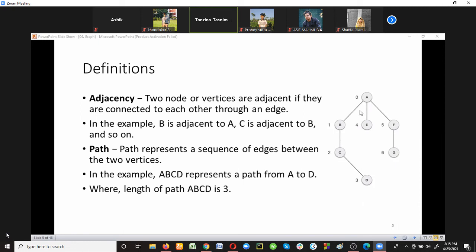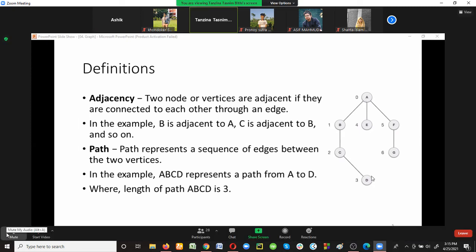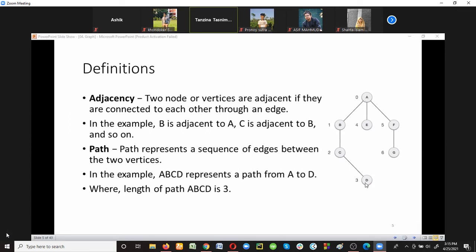So what is a path? Suppose we want to travel from this node A to D. Look at this graph. In how many ways can we travel from node A to D? There is only one way, and the way is A, B, C, D. So this is the path sequence of the nodes A and D. That means the way for traveling from node A to D is only one, and that path sequence is A, B, C, D. And what is the length of that path? The length is 3. The length means between these nodes, how many edges can we find? Only 3 edges. One is between A and B, another is from